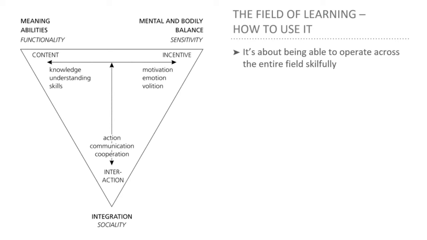And as teachers, it's our job to balance these different, quite contradictory at times, positions in the learning field, to make sure that we don't dip too far and fall off. So using the learning field, I think, is about balance, and we need to balance this in our development as teachers. We need to ensure that we're not overly concerned with one position over the other, that we don't over prioritize content knowledge and neglect thinking about groups and how they process. We need to develop competencies in each of these areas in order to have the skill to be able to